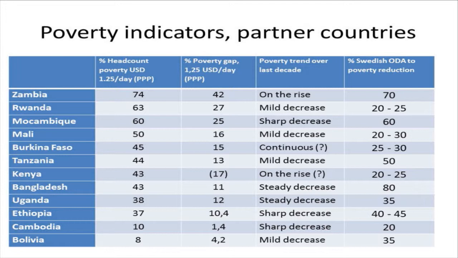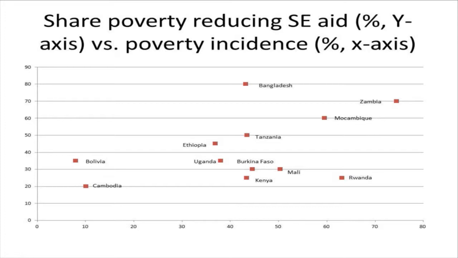I also tried to add the trend over the last 3 household surveys, and on the right-hand side there, the share of the Swedish ODA, which I have assessed to be effective at poverty reduction. So if we put this on a scatter plot, we can see that